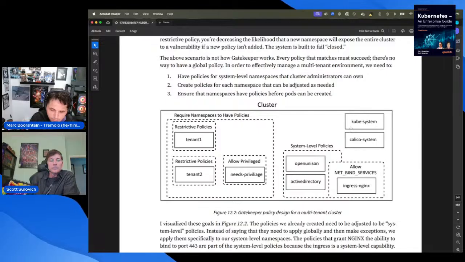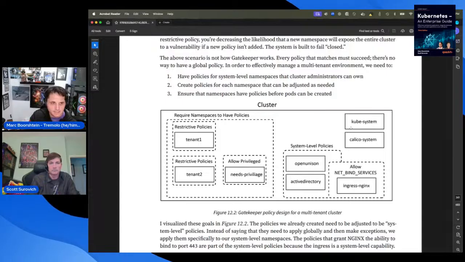So instead, what we ended up doing was we said, okay, we're going to have some system level policies, but every single namespace needs to get its own policies. So instead of having one policy that says everybody has to have drop all capabilities, every time we onboard a namespace, we need to create a policy for that namespace that says anybody in this namespace now has to have drop all capabilities. That way, if there's an adjustment, we do it at the namespace level rather than at the global level.